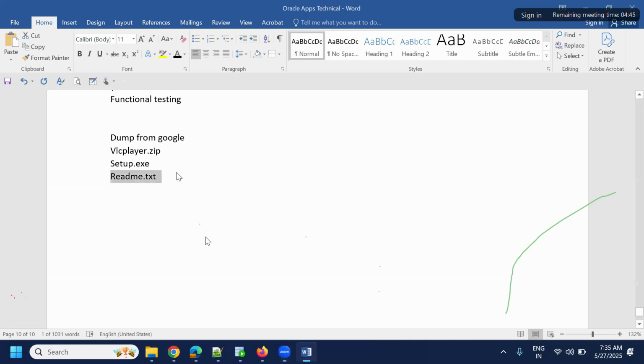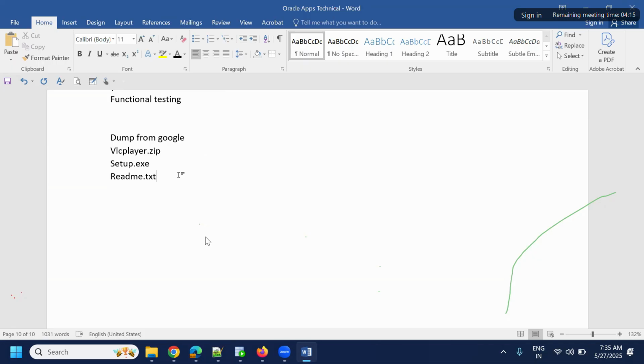Okay? So this is software developed by someone or some developers. We are the end users. I don't know about what the code is. But before installing the software, they take some precautions. That means installation steps, how to install the product. Otherwise, maybe some dependent software we also need to install. Everything they will mention in the readme.txt. So as an end user, I will go through the readme.txt, then I will come to know how to install